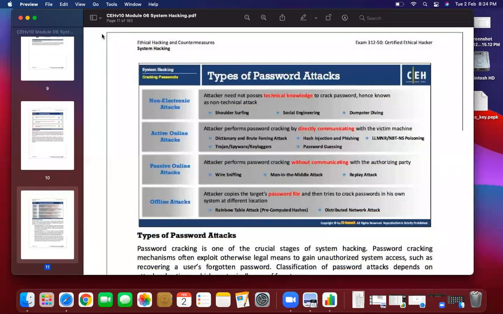In this, whatever packets you are sending to a particular server using the internet are first passed through the attacker's machine. The attacker is sniffing all the packets which you are sending from your laptop or device.